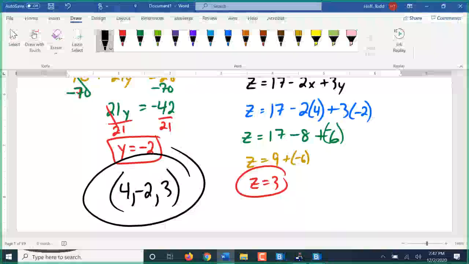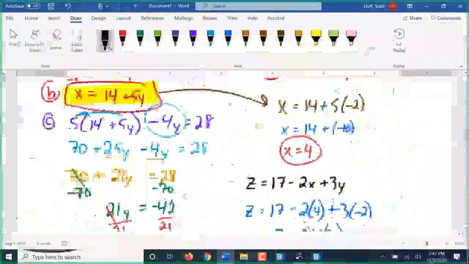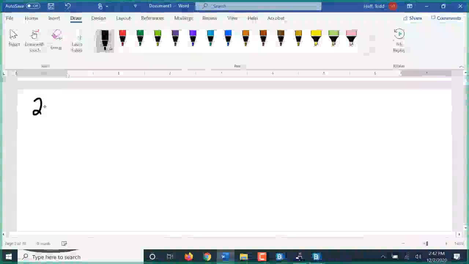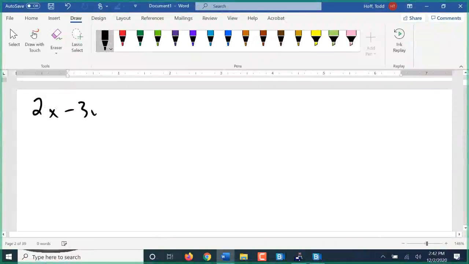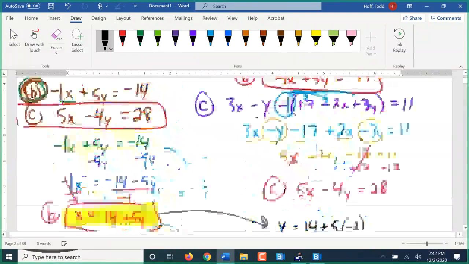Well, that was a lot of work. Substitution can be a lot of work. Let's take the same system of equations: 2x minus 3y plus z equals 17, x plus 2y plus z equals 3,